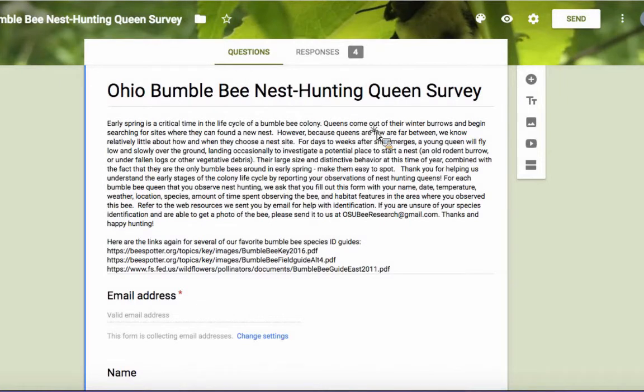The second kind of data that we'd like you to help us collect is to do 15-minute timed observations of patches of flowers. It's completely up to you if you collect one or the other or both kinds of data for us. I just want to give you an overview of how to collect each kind of data so that you can, if you'd like to. So in this first part, I'll walk you through how to collect data for the Nest